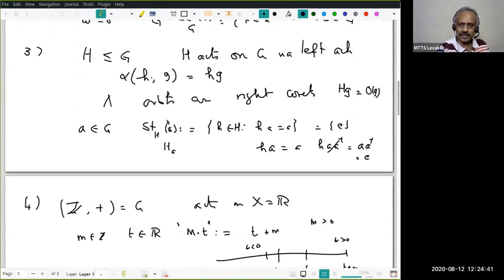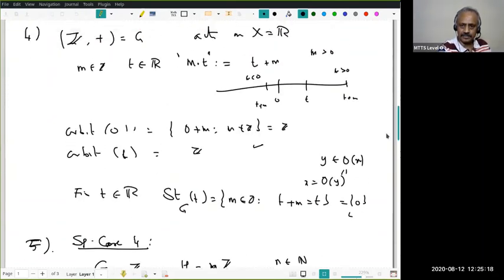Now let's look at the third example. In this example, the coset is this, and there is nothing like an obvious choice. If my coset is, let's say, H times identity, then I can choose E. But suppose A is not in H, and look at this coset, it may also be HB. Which representative do I choose, A or B? There is no natural choice. If there were a lot more structure, I may be able to choose. Now there is nothing, it's just an abstract group. I have no idea.